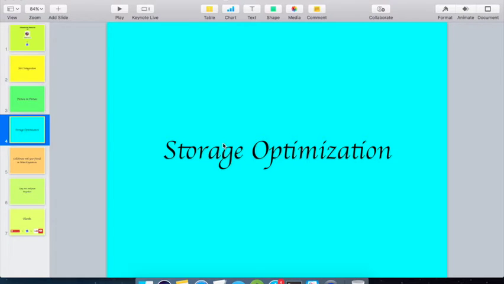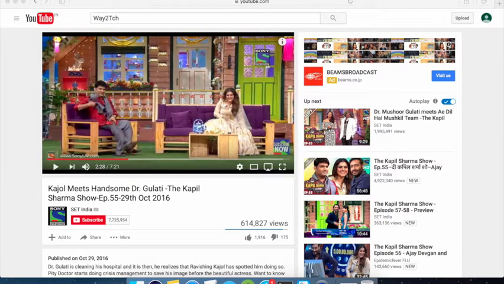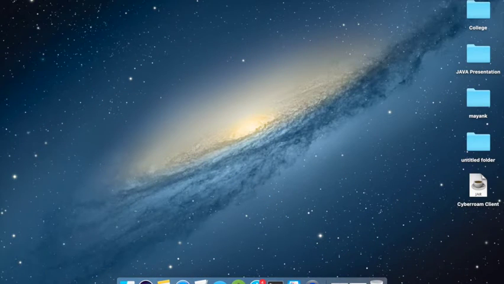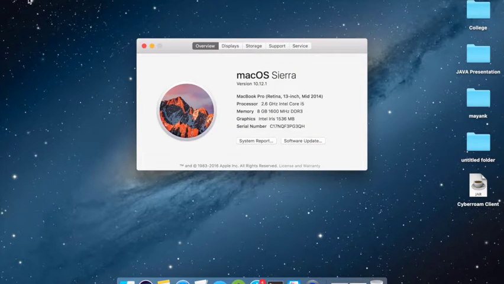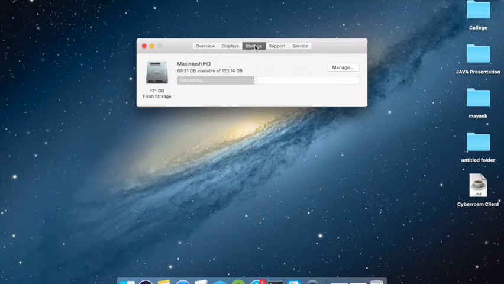So let's check out how you can do this. You just have to click on the Apple logo up here, then go to About This Mac, then go to the third option, Storage. Here you will see a new option named Manage. You have to click on it.